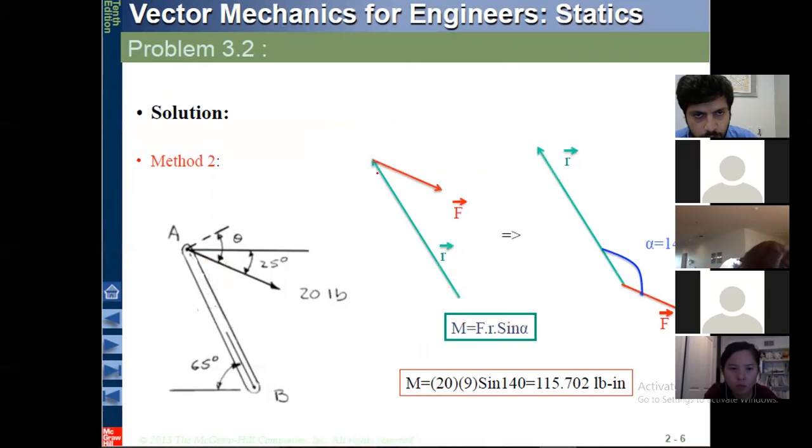You can draw the force and the position like this, and then you would have an angle alpha here, which, if you want to be exact, then you have to displace the vectors. Actually, you have to put the initial points of two vectors at the same point, and take that alpha as, let's call this alpha star. Then alpha is going to be 180 minus alpha star,